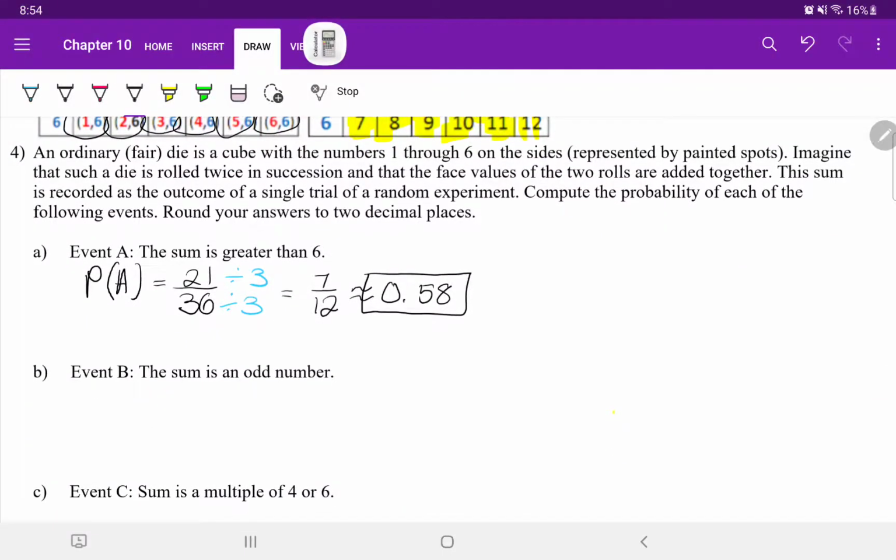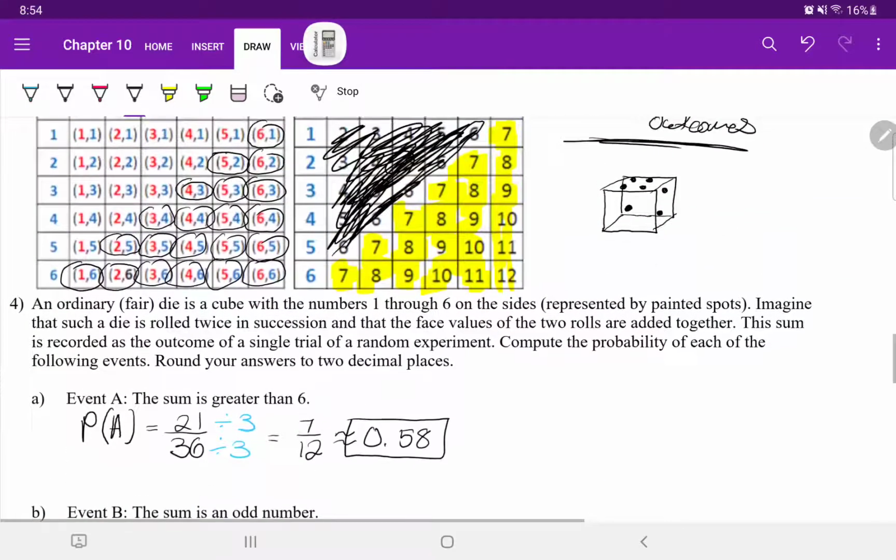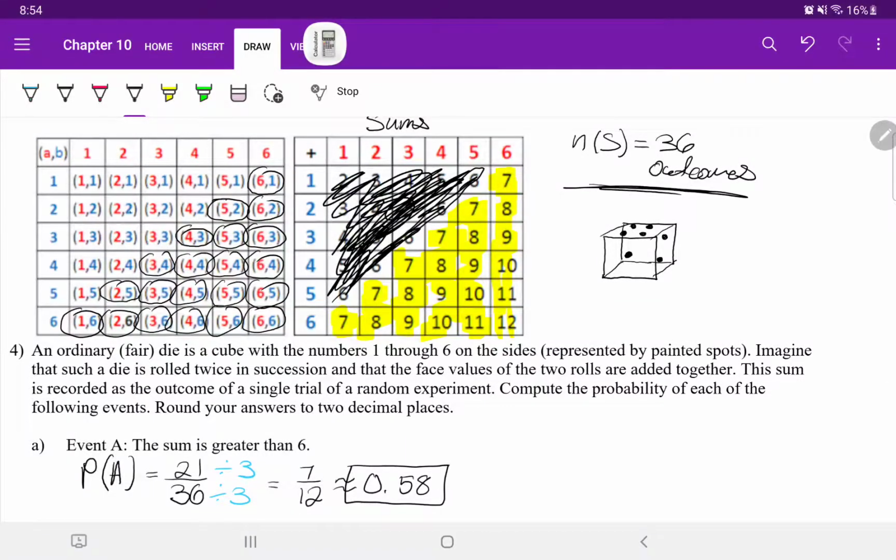Now, it says B, event B, the sum of the numbers is an odd number. Excuse me. So when we add up the two rows, it has to be an odd sum. So I'm going to clear this. So an odd sum,